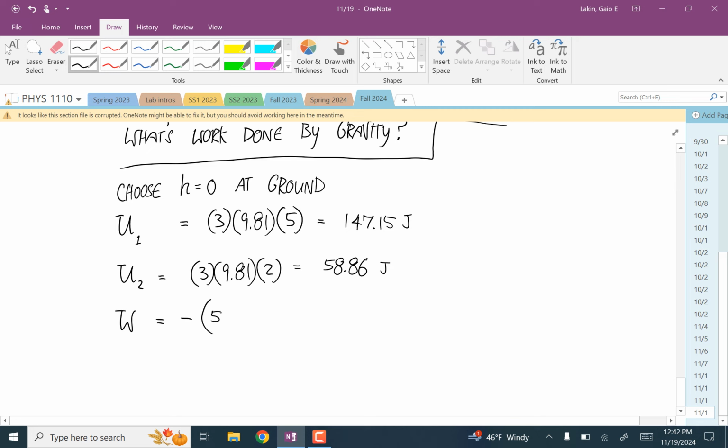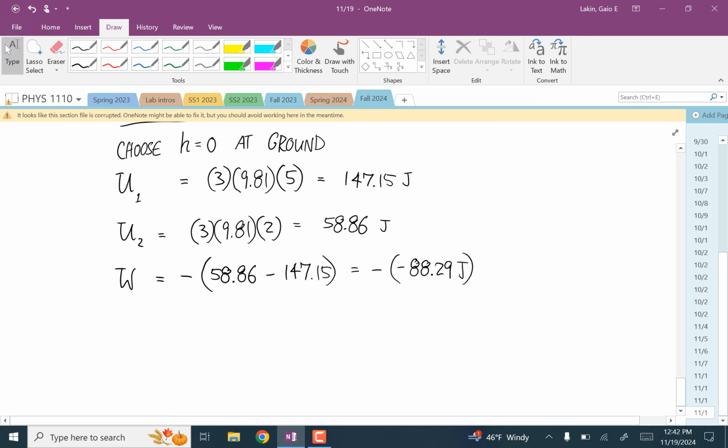So that's going to be negative of 58.86 minus 147.15. And that's a negative of negative 88.29. And so the work done by gravity is positive 88.29 joules,